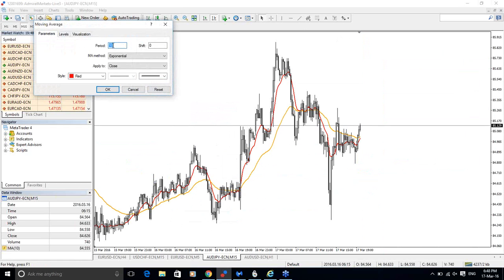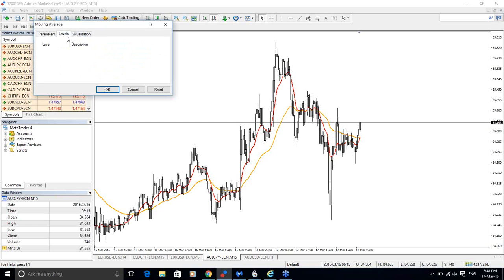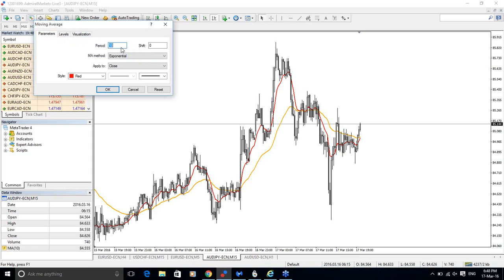The first moving average is 10 exponential moving average. Visualization here is on M15 and 4 hours. So guys, please pay attention to this. This is important now. Okay? This is also advanced, and pay attention. So 15 and 4 hour period actually have 10 EMA. Okay, so 10 EMA, and I colored it as red.